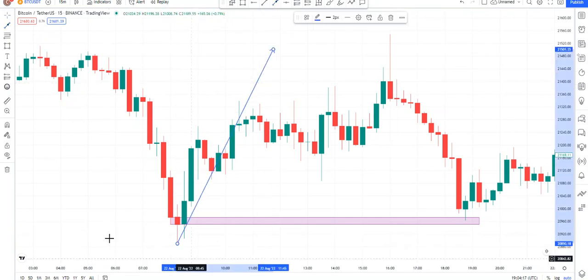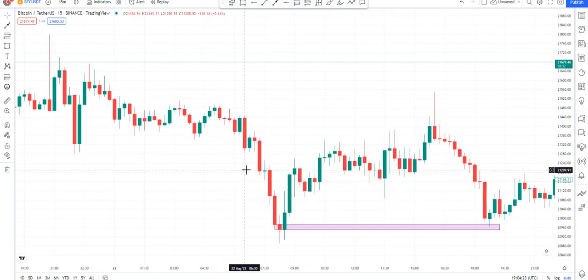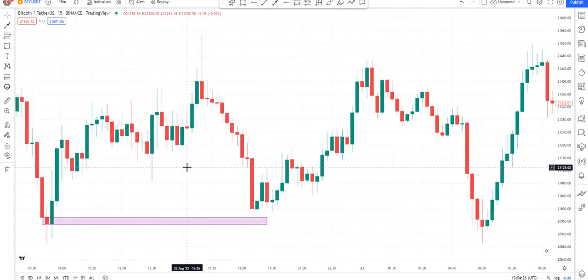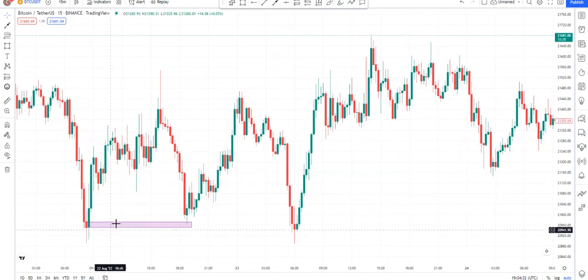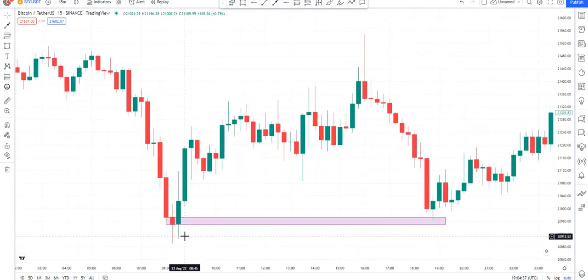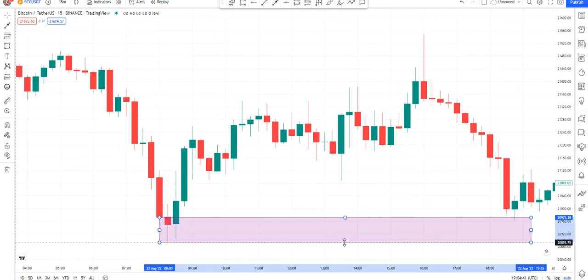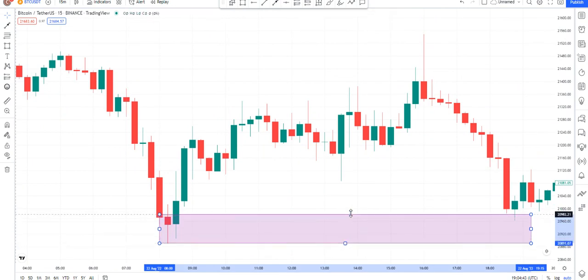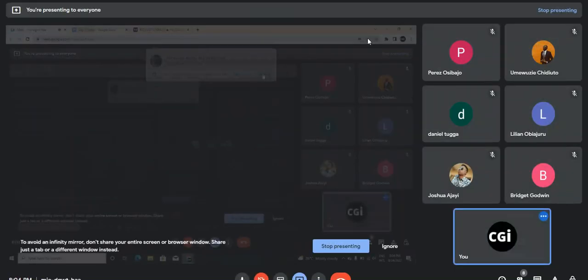So this is one big mistake that you guys make. If you're trying to identify the order block, the thing is that we don't usually want a wick. We don't usually want to see a wick. So we can go down to a lower time frame to find the actual order block. The order block in this case is sitting somewhere in this candle. So we'll just choose this candle, the entire candle, and go to a lower time frame